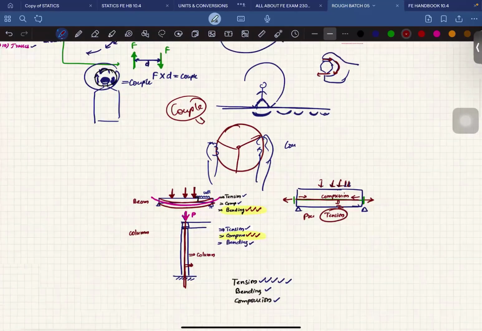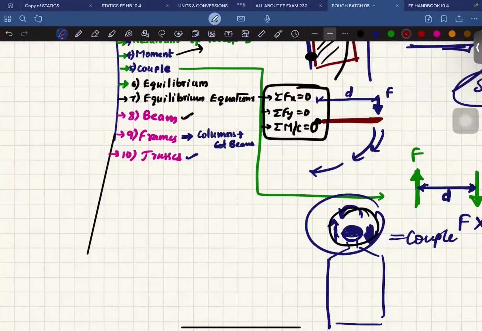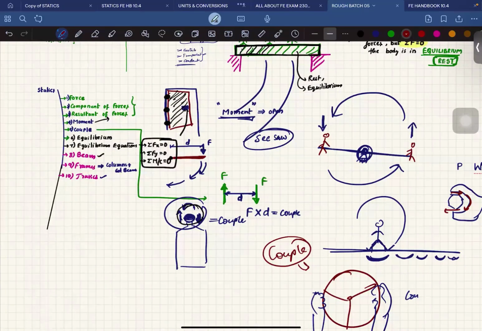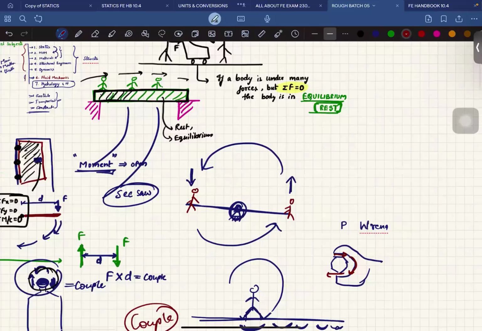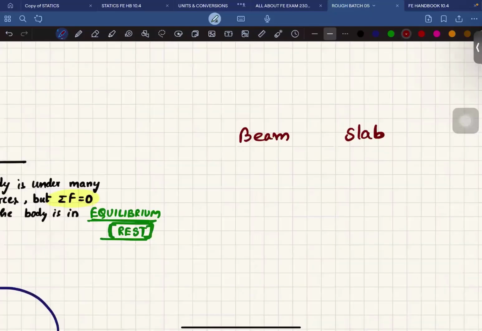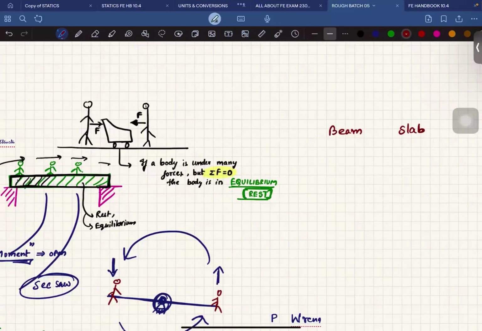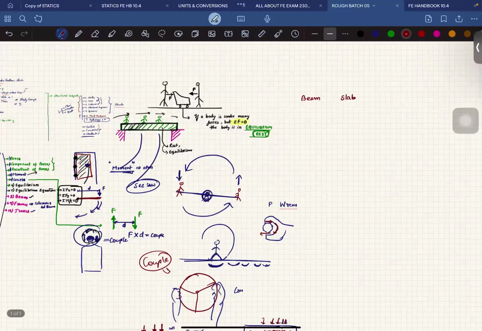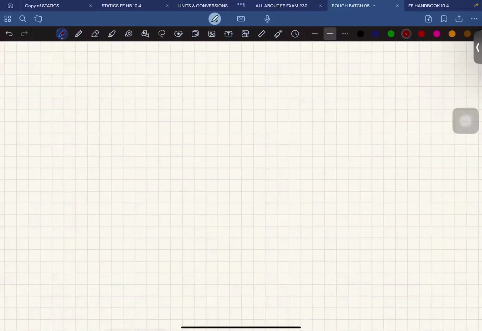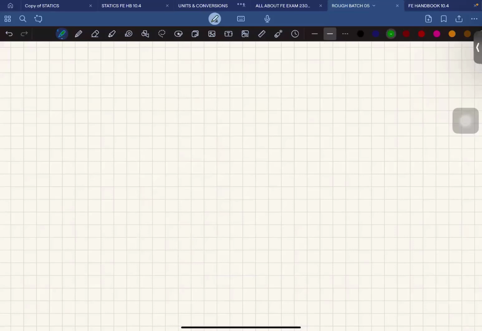Coming to the next thing, that can also happen in the pre-tension slabs, right? Yes, pre-tension slabs also. Okay, coming to the slab. Sir, can you please explain that point once again? What is the thing? Pre-tensioning. Yes, pre-tensioning. Okay. This is the topic of pre-stressing of beams, not in the syllabus, but you